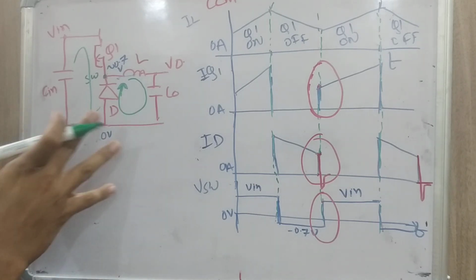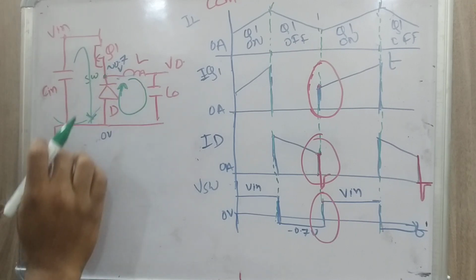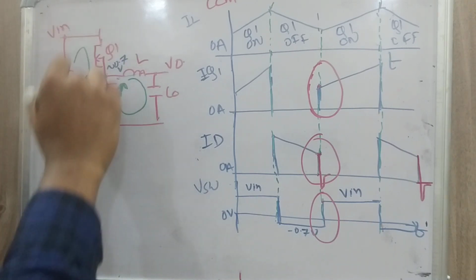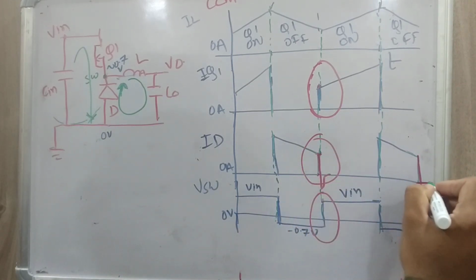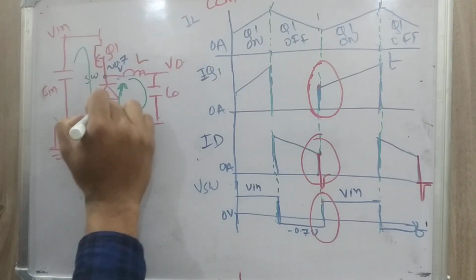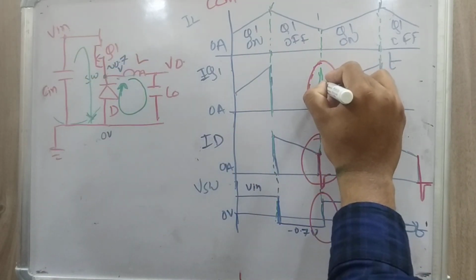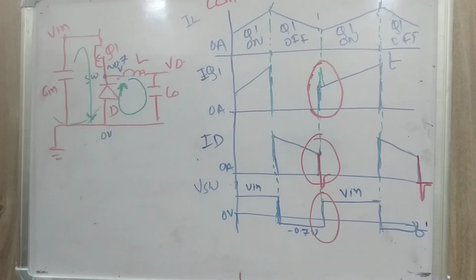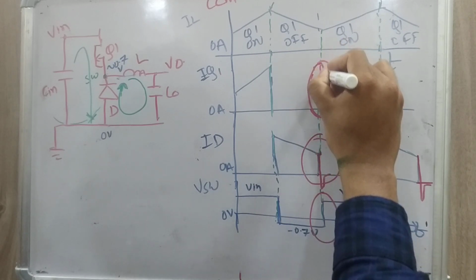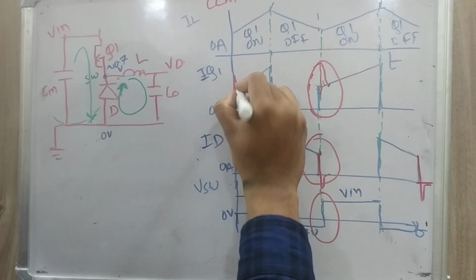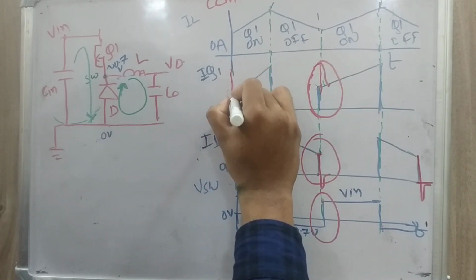So you will see here that this reverse current is flowing through this diode and also through this Q1, because this is the path. Okay, so if you see here, this is the reverse current through diode, right? And this current is also flowing through the Q1. So here we will see these peaks also. Sorry, I will draw with different color here. So you will see these spikes here also when your MOSFET is turned on.